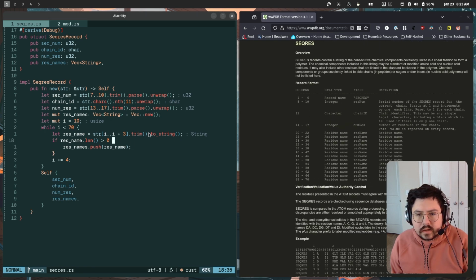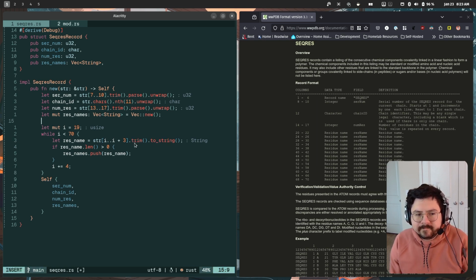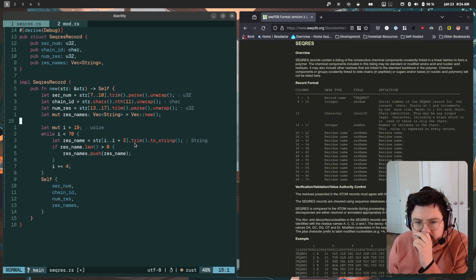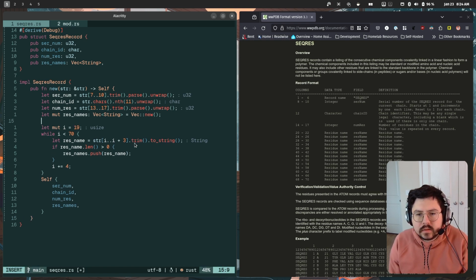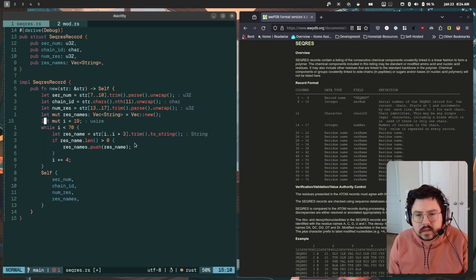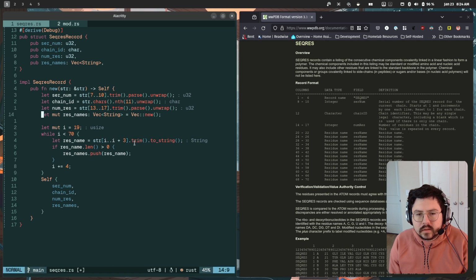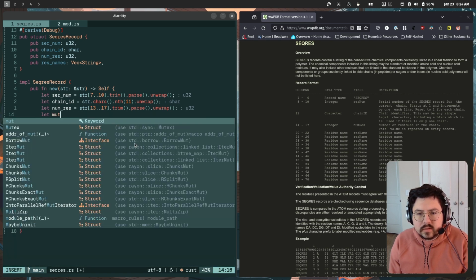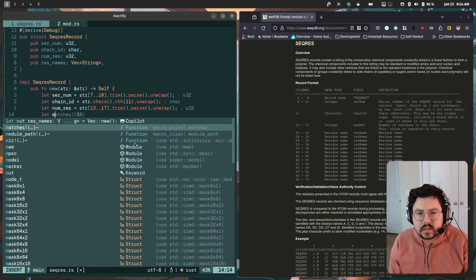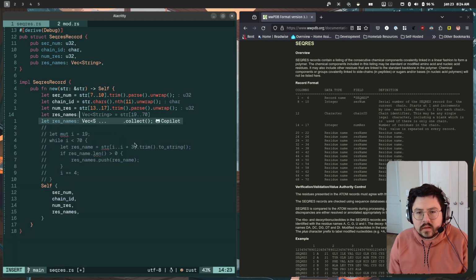All right. There's a better way to do this. Yeah. There's a way to do this. Hold on. So we do let mut. I think we can do this immutably. Is a vec of string equals string